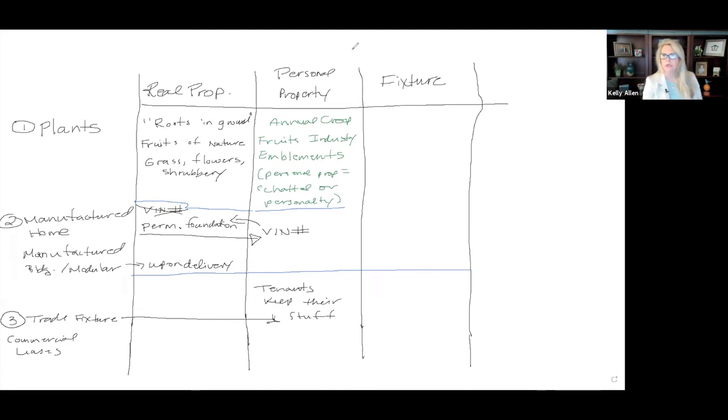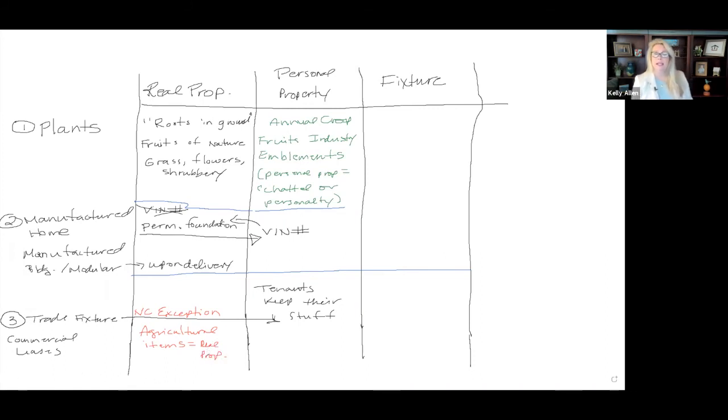There is one North Carolina exception over here, and I'll put in red, NC exception. I give this a very low probability of showing up on the state licensing exam. But like I've told you before, everything in that 800-page book is fair game. So I'm going to let you know what it is. The North Carolina exception to this rule is regarding agricultural fixtures. Agricultural items are going to be considered real property, so equals real property,